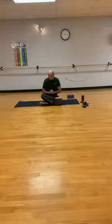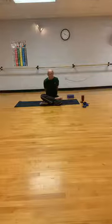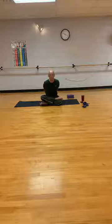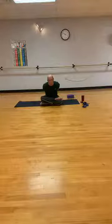All right, let's go ahead and rotate the shoulders. We're going to draw the blades in and down again. Again, let's just take the left hand. We're going to grab the right wrist this time, and then coming forward with a nice flat back. And you may only come down part way, and you're going to start to feel it right away